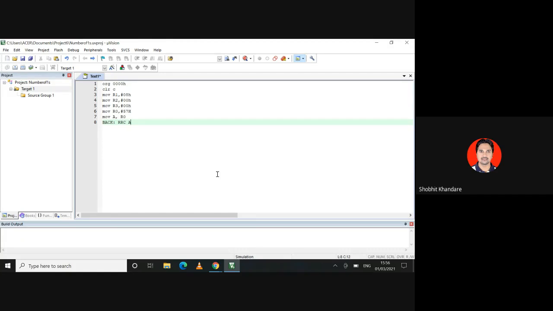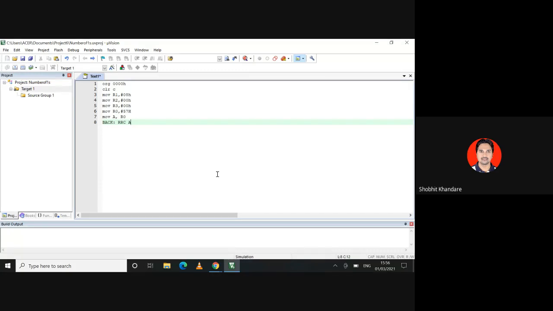So you can imagine D0, D1, D2, D3, D4, D5, D6, D7, and you have one more flip flop, or register, and that register is the carry. So whatever the right rotation you are doing, every time that rotation will be moved through the carry. So RRC A. I have given this the label BACK. Okay, so you know the function of a label.